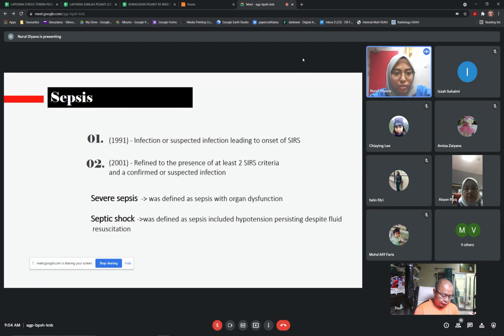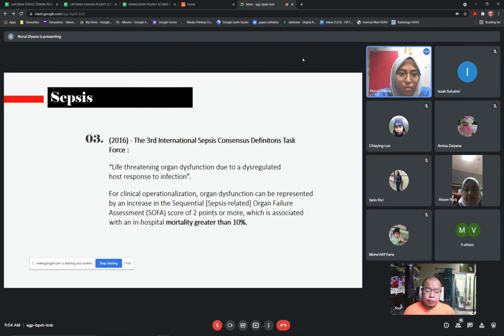So this is the definition for sepsis. Initially, sepsis was defined as infection or suspected infection leading to onset of SIRS. But in 2001, it was redefined to the presence of at least 2 SIRS criteria and a confirmed or suspected infection. Severe sepsis was defined as sepsis with organ dysfunction, and septic shock was defined as sepsis with hypotension persisting despite fluid resuscitation. However, in 2016, the Third International Sepsis Consensus Definition Task Force defined sepsis